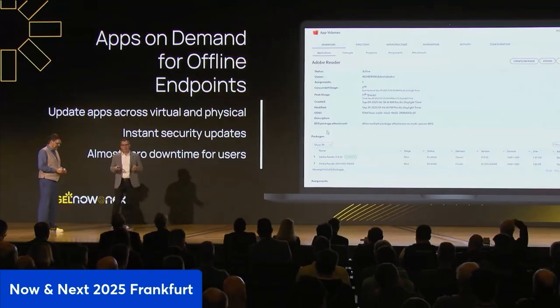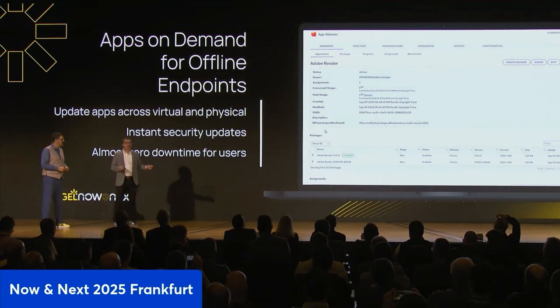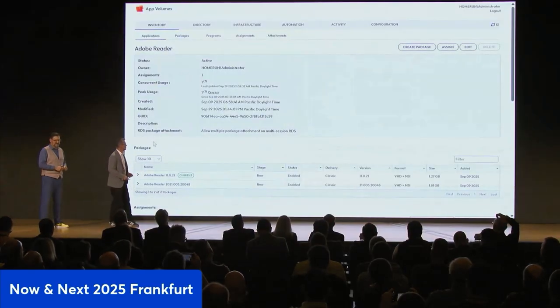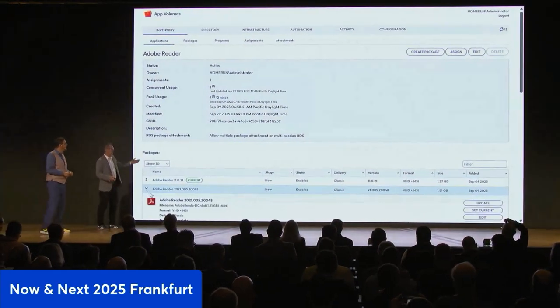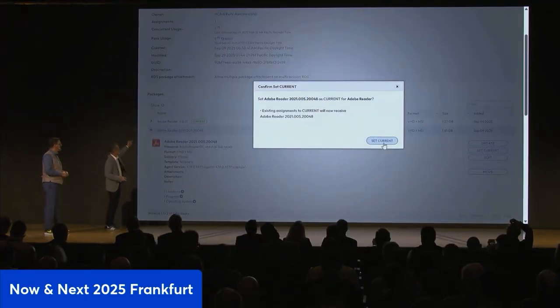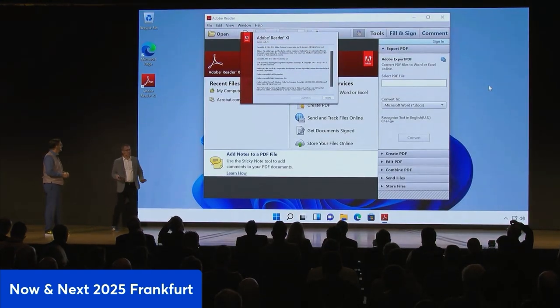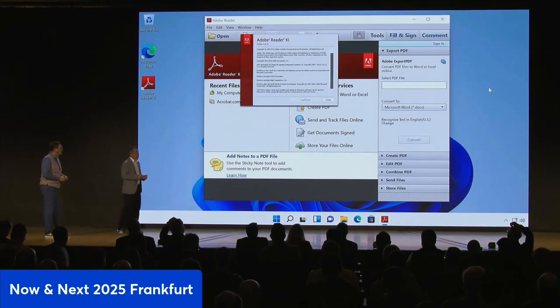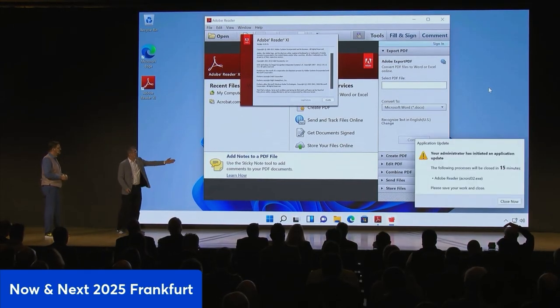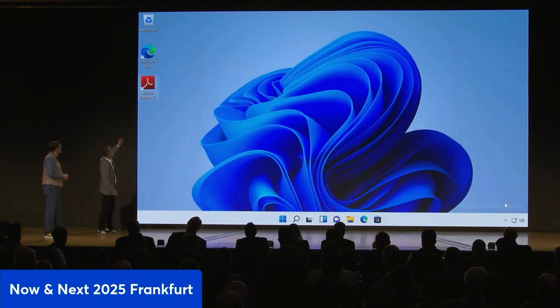Let's dive a little bit deeper into what that value means. With this, it's not just getting the application, it's also managing the life cycle of the application. So let's say, for example, and this is on a physical device, it could be an IGEL, the same, but this is any physical device. You're able to go from Adobe Reader 11 to 2021. Now, what is the user experience? They're using the application. Well, this is where we've taken App Volumes to the next level. You can prompt the user: we have a serious critical update for security reasons. It's available. Please close your app. Now, if you watch the shortcut on the desktop, that's how fast we can update an application.